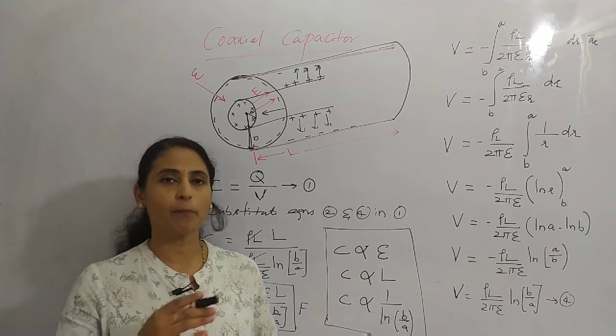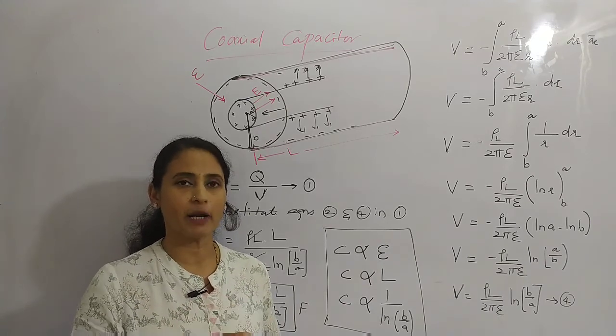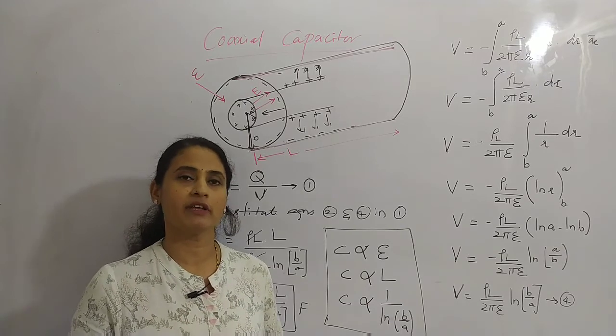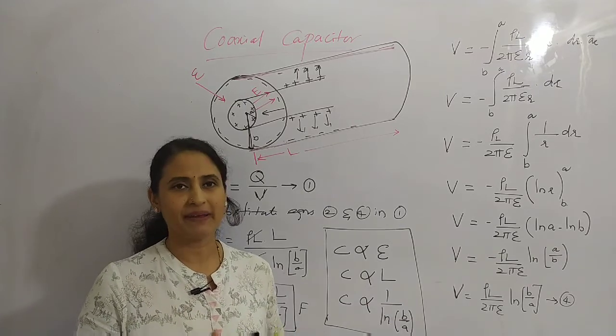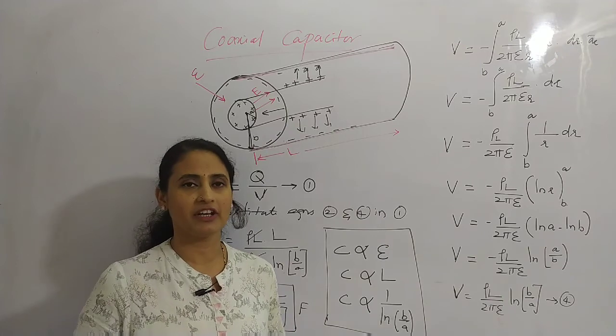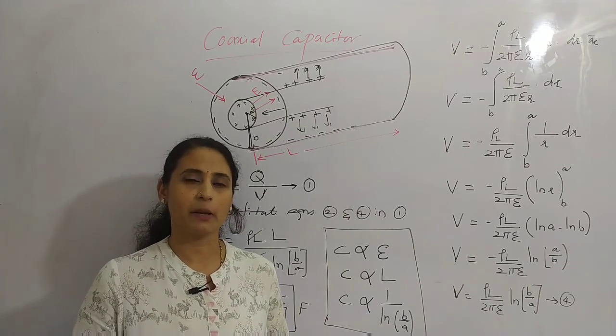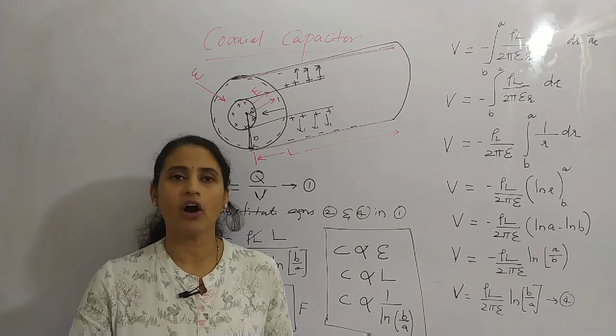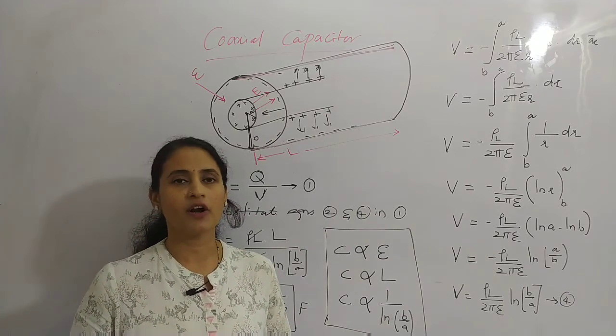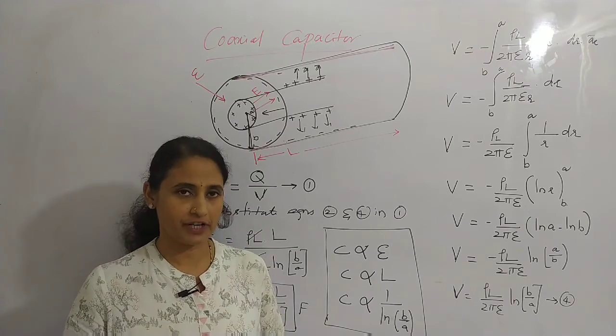Firstly, what did we consider? We considered two parallel sheets, two parallel plates. What is the capacitance between those two parallel plates? And we are keeping the medium as one dielectric medium only, so we only consider epsilon. The epsilon can be replaced by epsilon_r and epsilon_0, where epsilon_0 is the permittivity of free space.